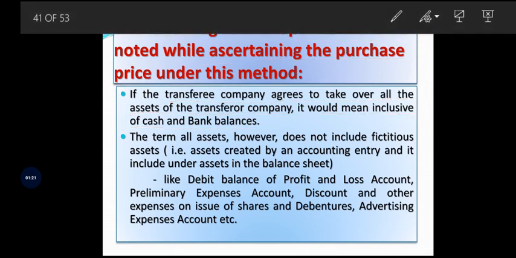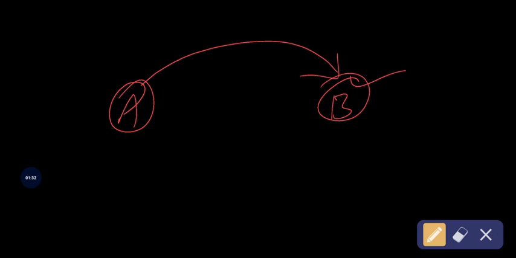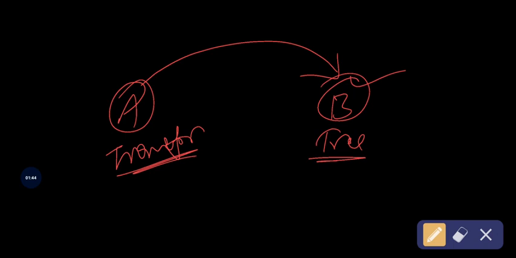See this point: ultimately B is purchasing the assets and liabilities from the A company, so B becomes the transferee company and A becomes the transferor company. When B company purchases the assets and liabilities from the A company, and the problem specifies that B company has taken over all assets and liabilities from A company, it means the assets include